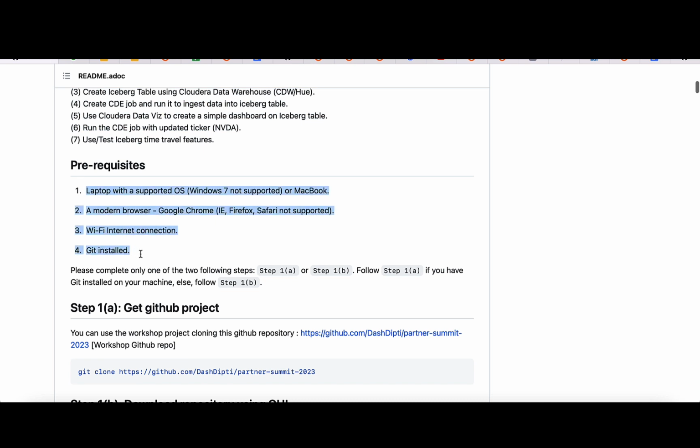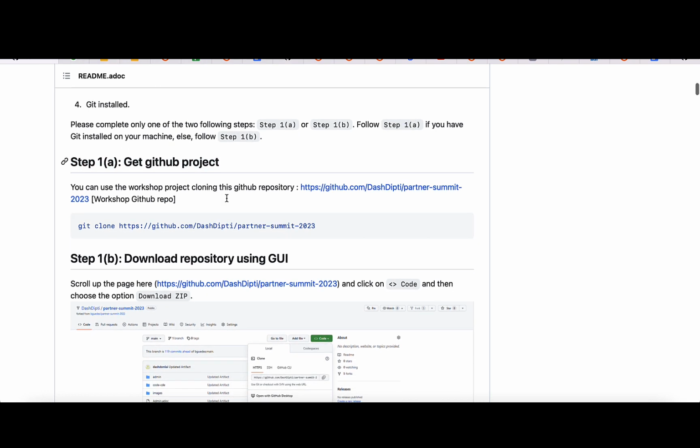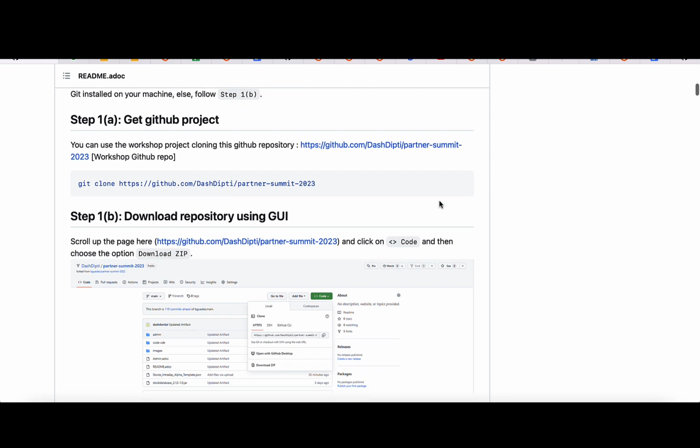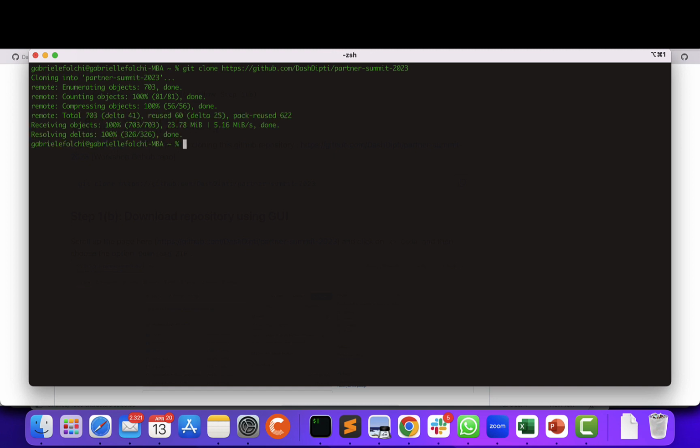service. Those are the prerequisites that you are meant to satisfy before starting, and that's the GitHub link of the project to be cloned, so that you will download locally a couple of resources that you're going to use. So here I'm showing you a very simple GitHub clone, and after